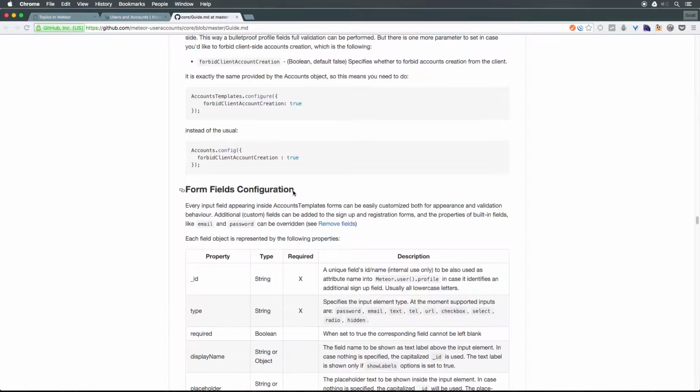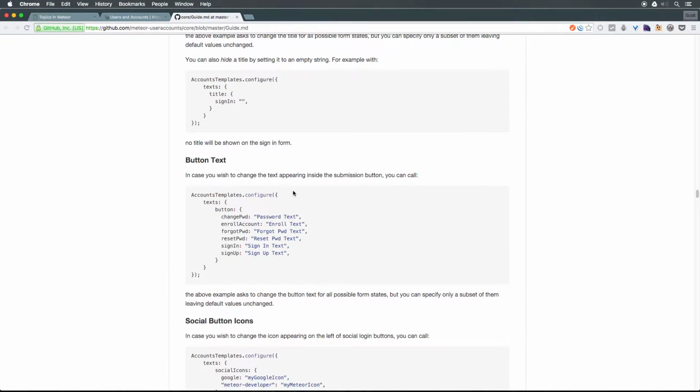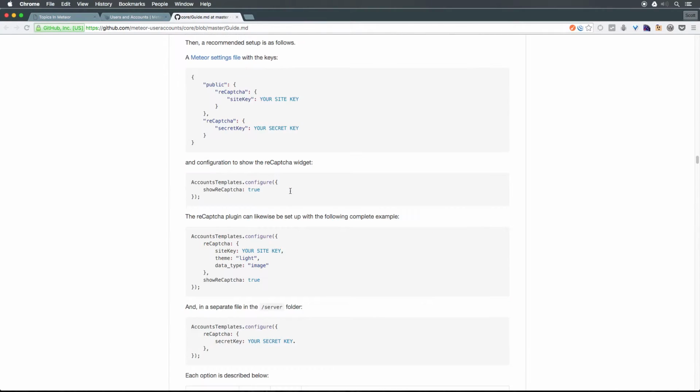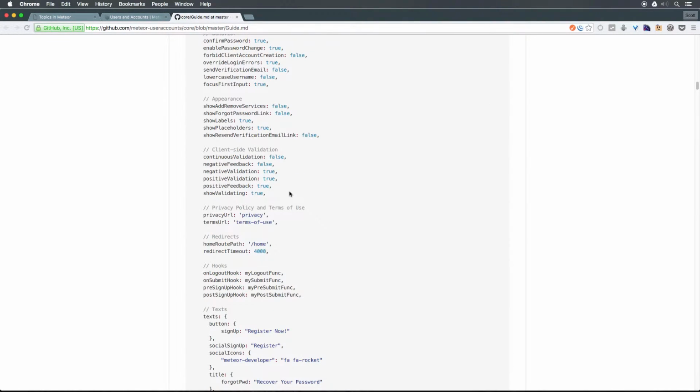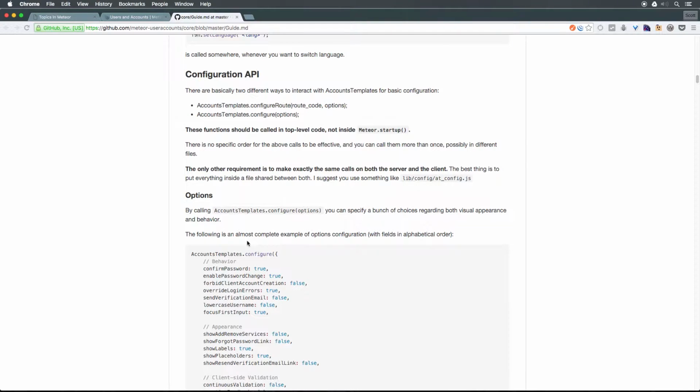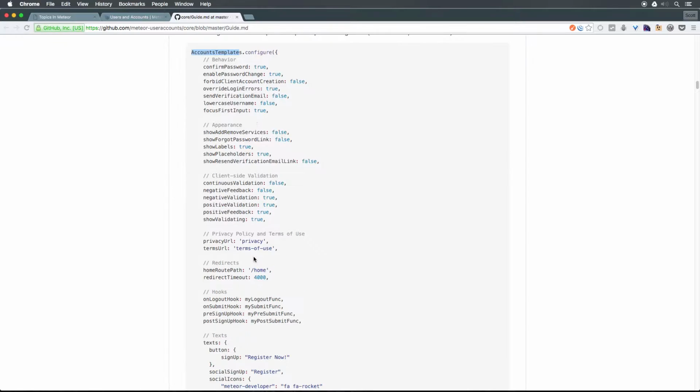So let's actually come up here and let's check out some of the more options that we have, including just general configuration that we're given. I mean, if you scroll up, you can see just how many things we can configure. And you can see that we have the accounts.templates.configure. So let's go ahead and use this